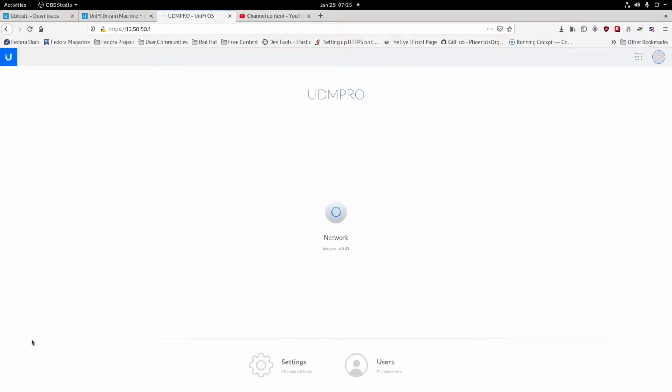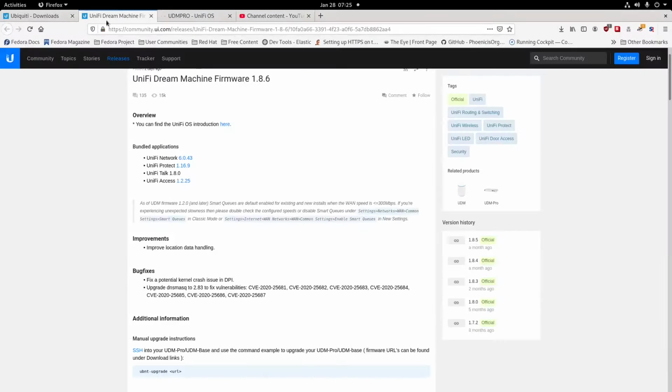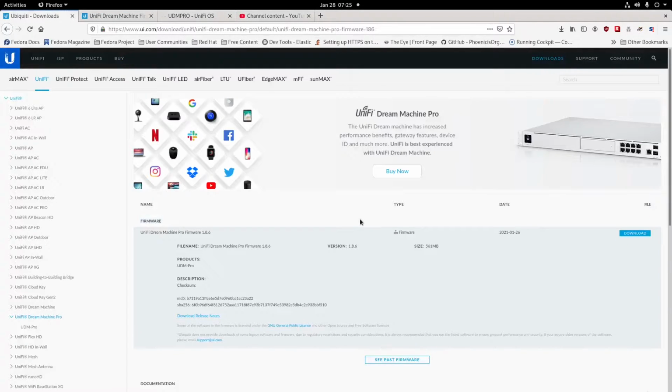This is Lost Electronics. Going to have another video of the day. What I did is I looked on the Ubiquiti website and found out that there was another firmware update, which is going to be the nice